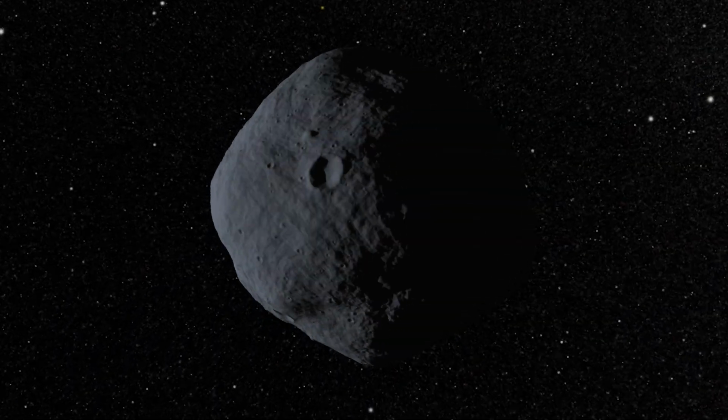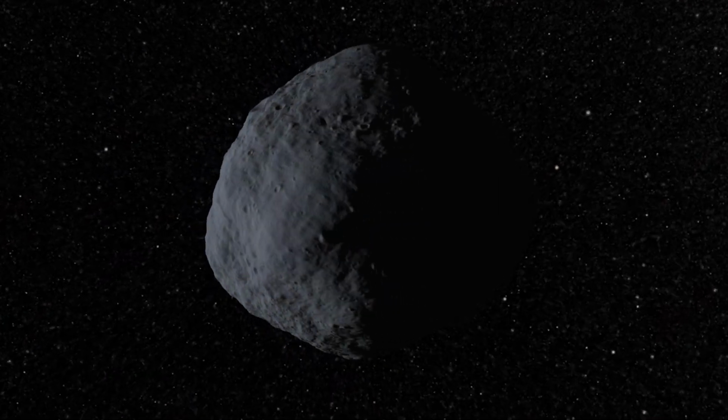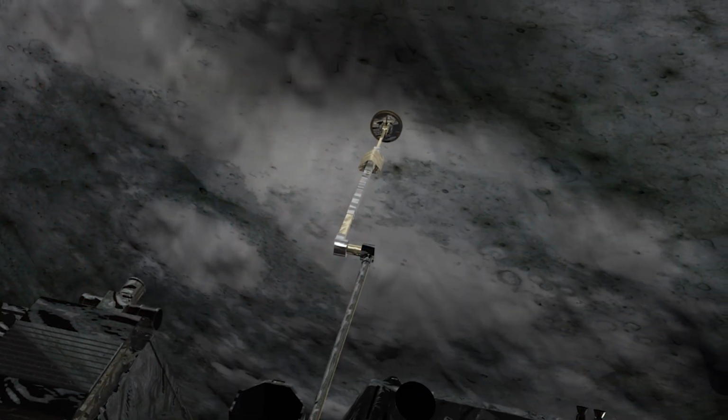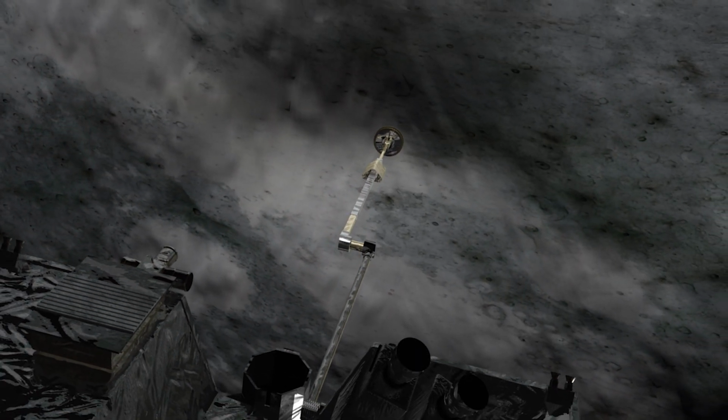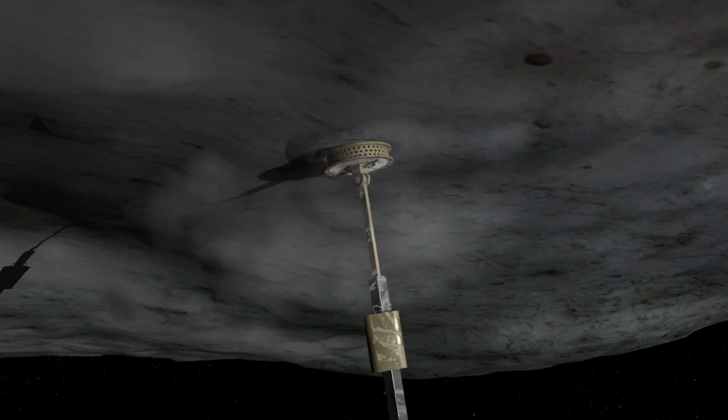Understanding the shape of asteroid Bennu is going to be absolutely fundamental to understanding the geology and putting it in context. The other reason you really need to understand the topography extremely well is that when we're going in to take a sample, it's a very, very fine measurement. So if you're coming in, you've got the sampling head at the end of this arm that has to come in perfectly square to the surface. If you don't understand shape, sort of at a 30 centimeter scale,